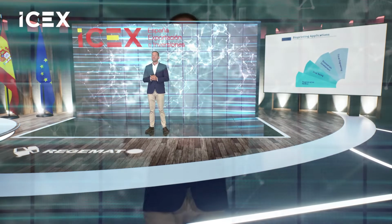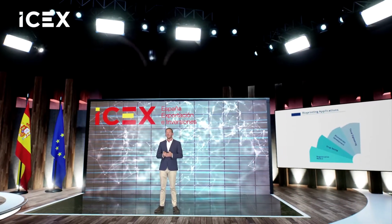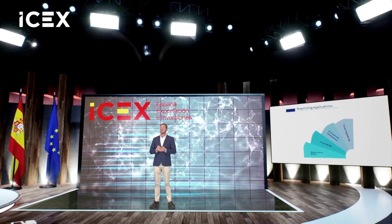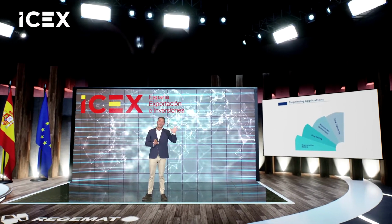Our technology is applied in different fields, as for example tissue engineering, as I told you, but also in biomaterial development. We are collaborating with the European Space Agency in a project in which we will develop a biomaterial which is going to be tested in zero gravity conditions. But we also have another project in which we are functionalizing biomaterials with graphene fibers with the aim of achieving a conductive material that is going to be applied in spinal cord regeneration,